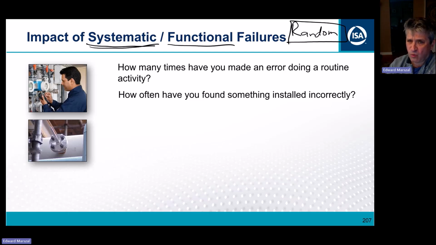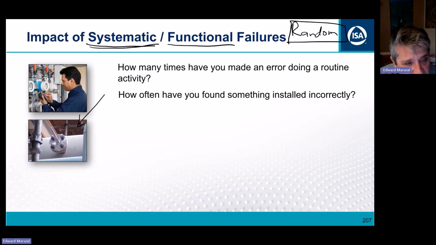1 in 100, 1 in 10, worse than that? How often have you found something installed correctly? So I don't know if anybody noticed, but if you look at the web page that announced this webinar, we have this picture